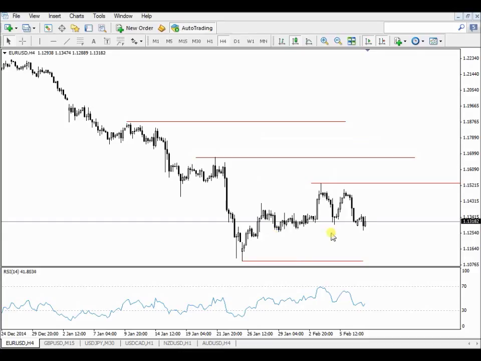Why is that support? Because from the current market I'm working down and left. If there's a low and a lower low, that is my support. So what do you do here in this market?